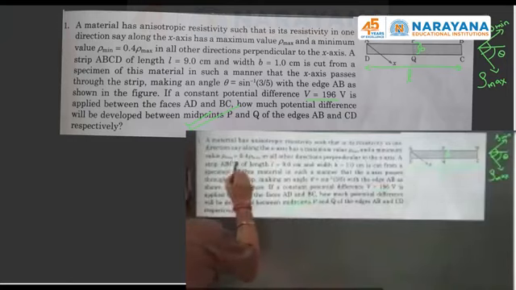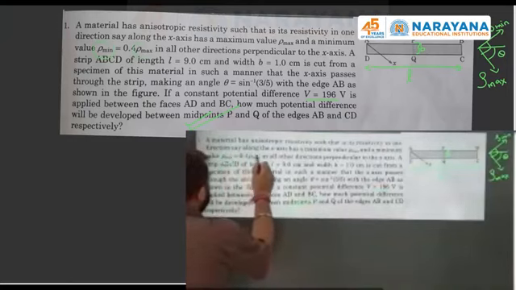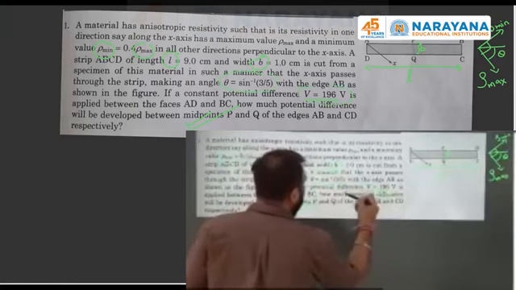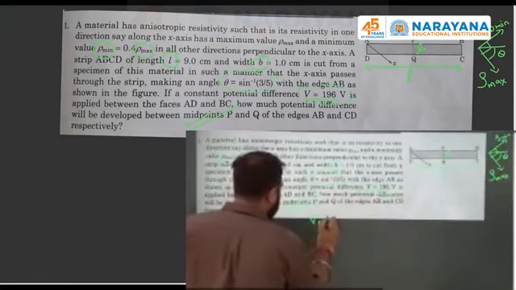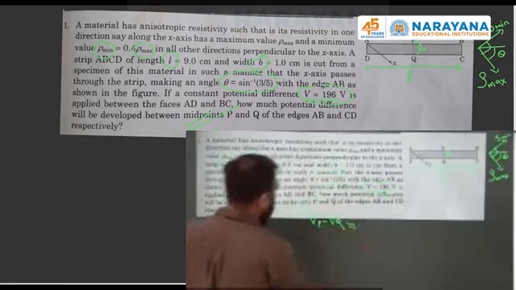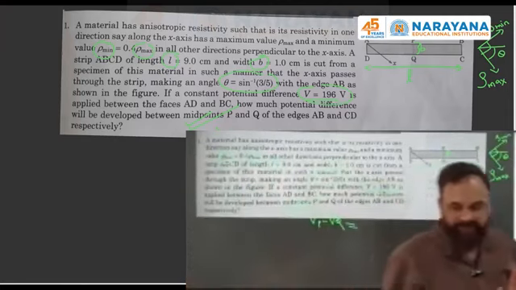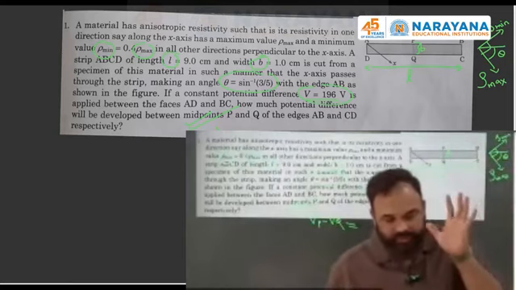So take care that rho min is known, rho max is known, L is known, B is known, theta is given, V given. Can we find out Vp minus Vq? That is the question. It's a one-line problem if you observe it carefully. Observe that